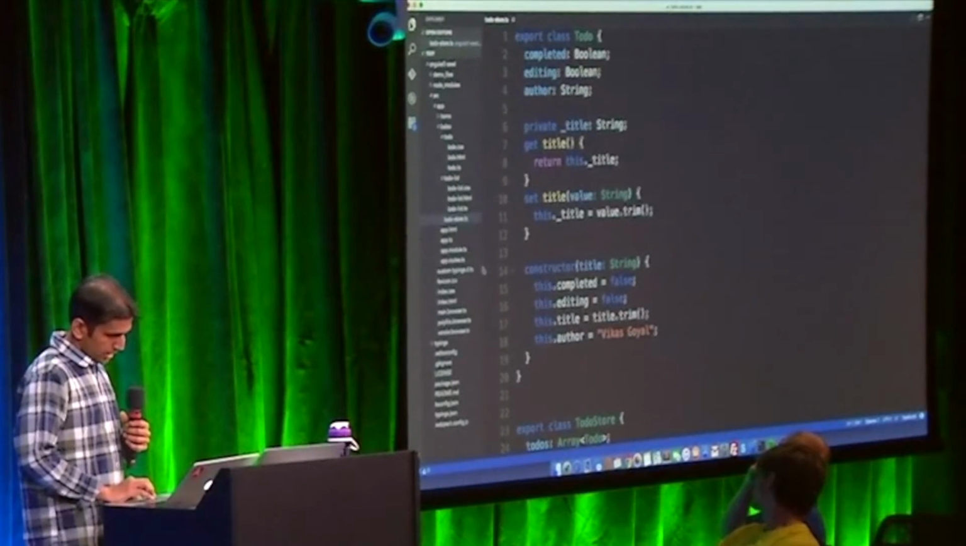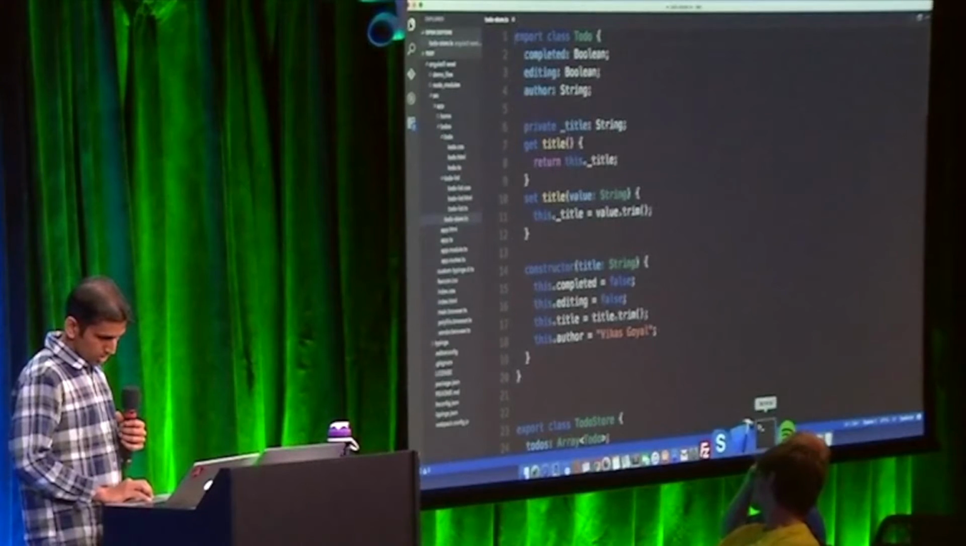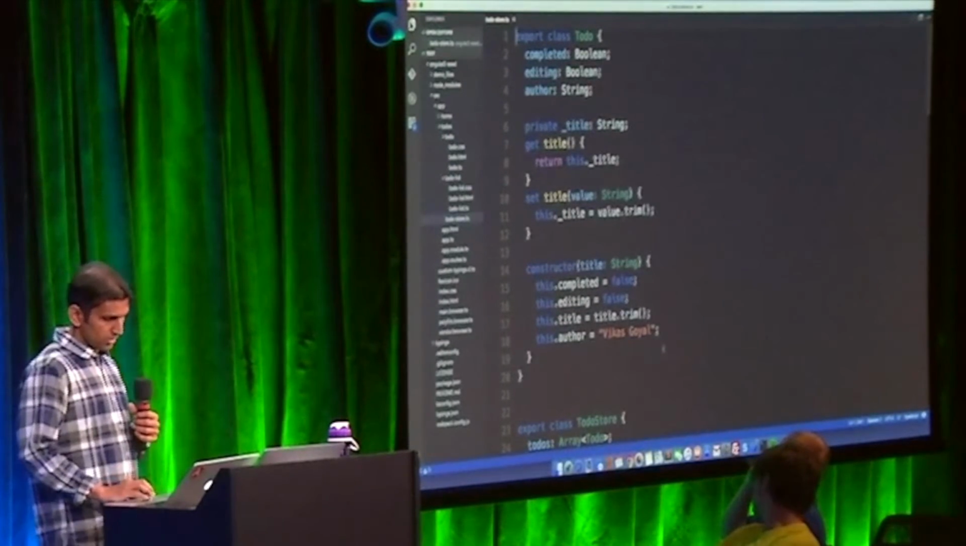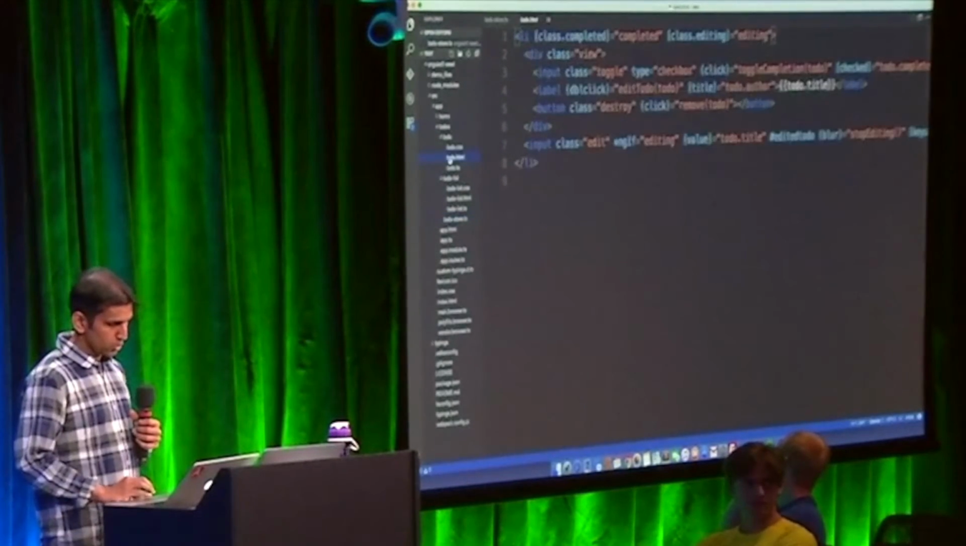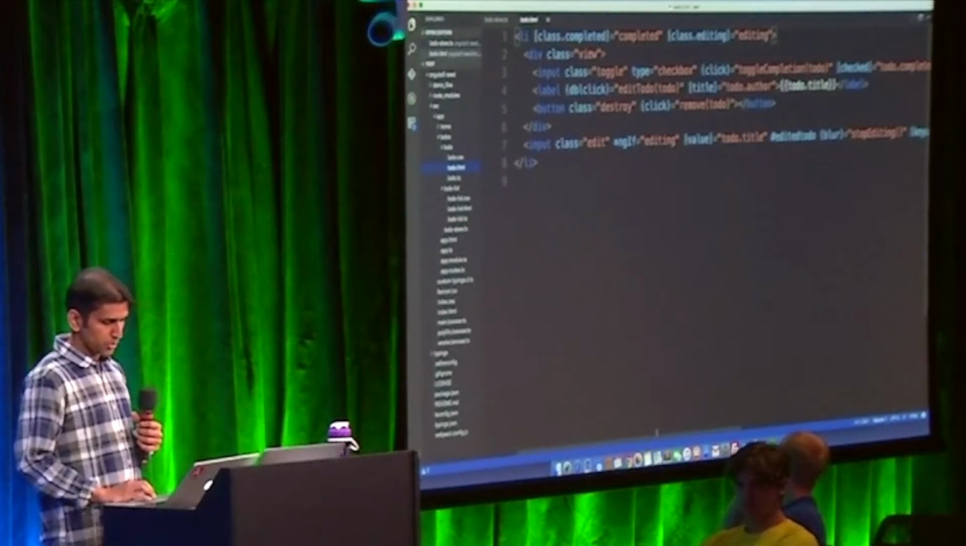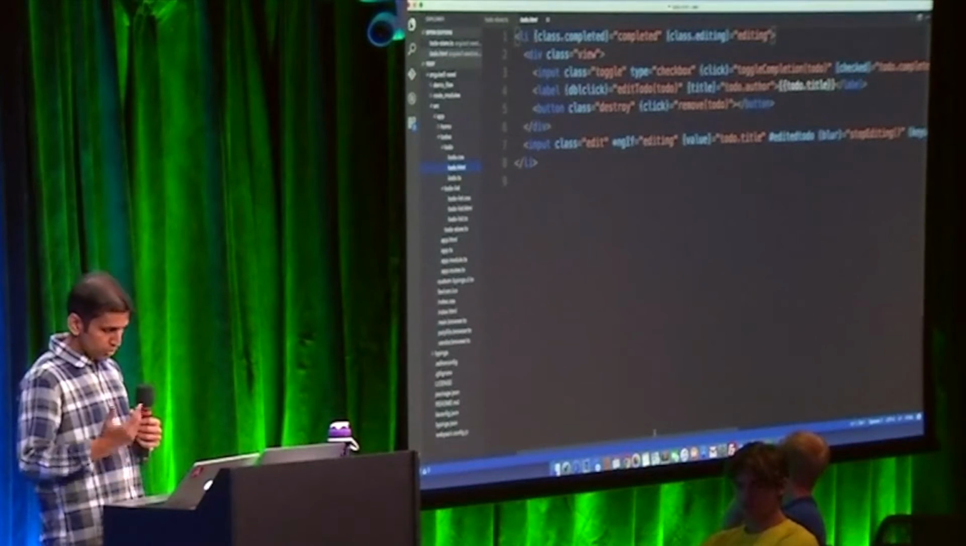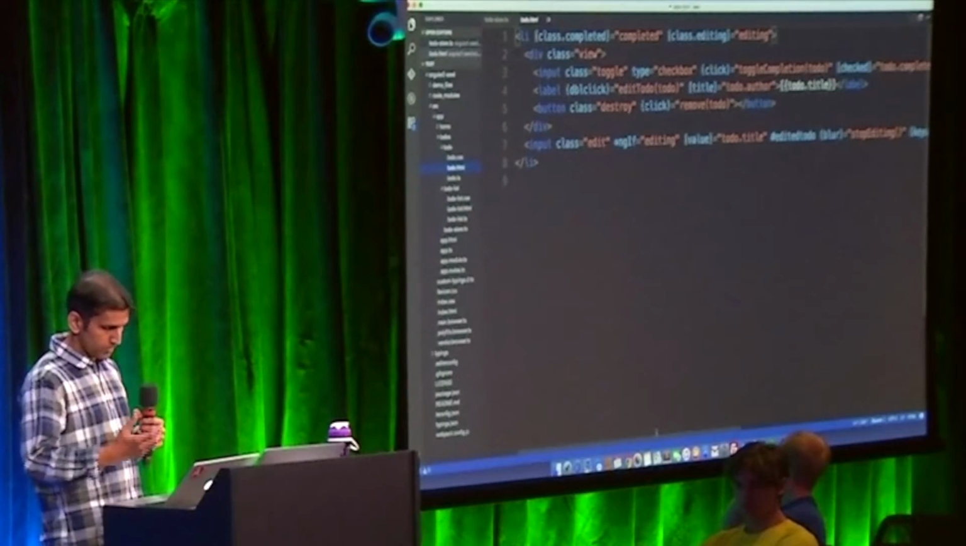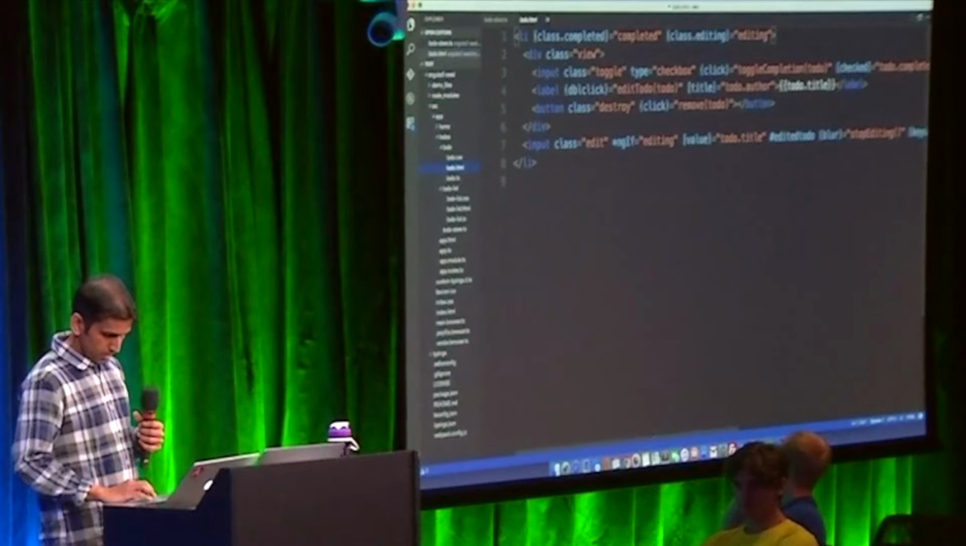All right, so let's go back. So what I was trying to say is that you are creating todo.html. You're using todo.html and todo.ts, and Angular is going to translate your code into a factory, and